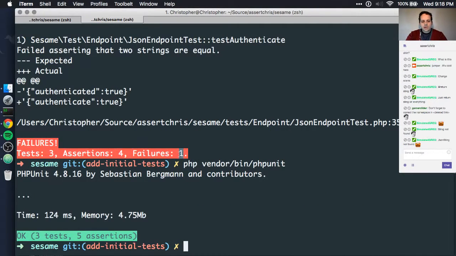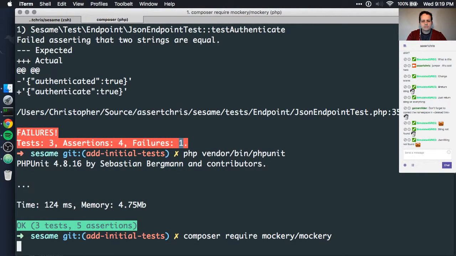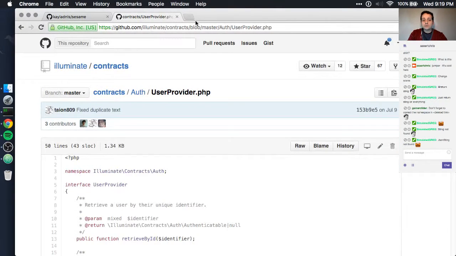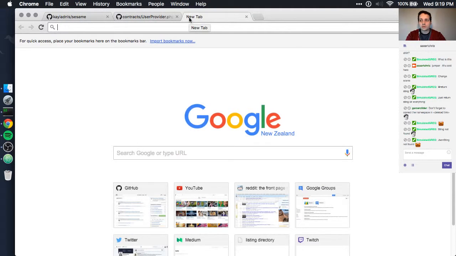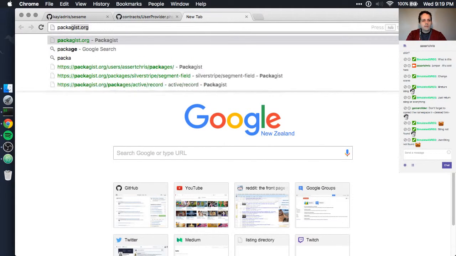Let's use a library, because there's this concept called mocking, and I don't like PHPUnit's default implementation of this, so I'll do something like composer require mockery. I think this is the namespace for this. Pretty sure it is. Let's just check this. If you're looking for PHP libraries and you're not sure what they're called or what their dependencies are, you can go to packagist.org.